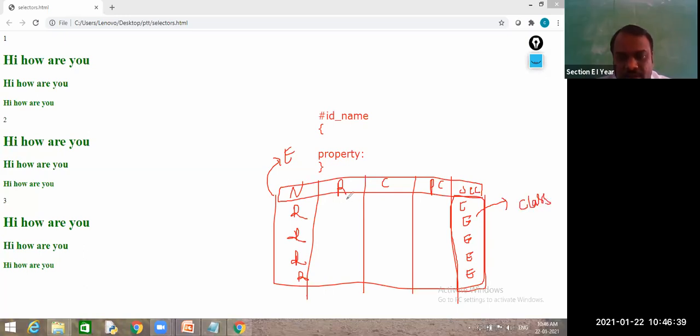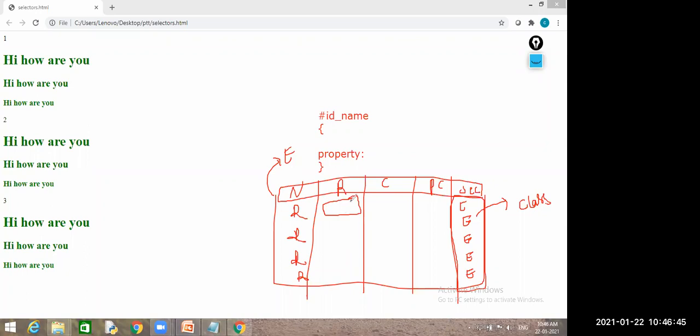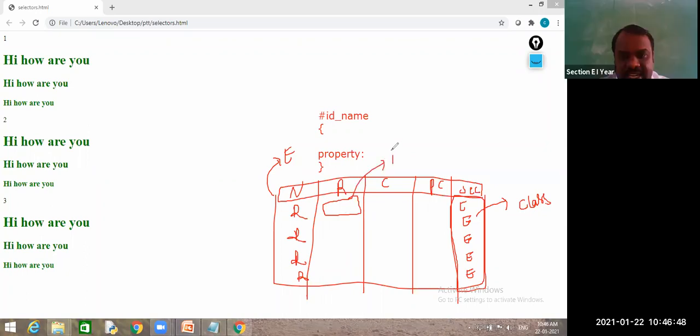But when I go for roll number, is this roll number unique for every person or not? Yes, sir. This is ID type. This is identified for a particular element. Class is nothing but all people having the same property, so I won't go for this one. On top of this, I will write the class name as E section. Similarly, if a group of elements has common properties, then you go for class type. If only one element needs one property, then you need to go for ID.